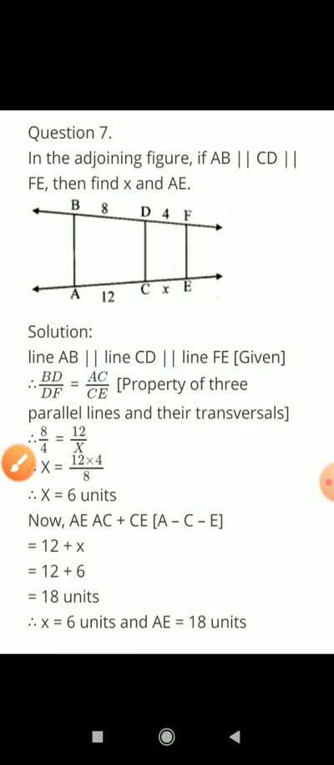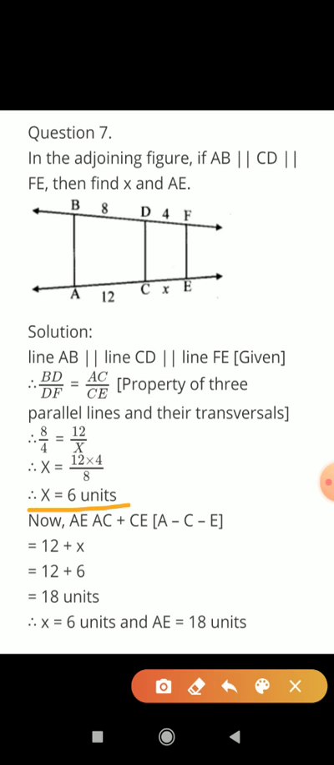Okay, so this is half the question. X is equal to 6. Then we have to find AE. So we know AE is equal to